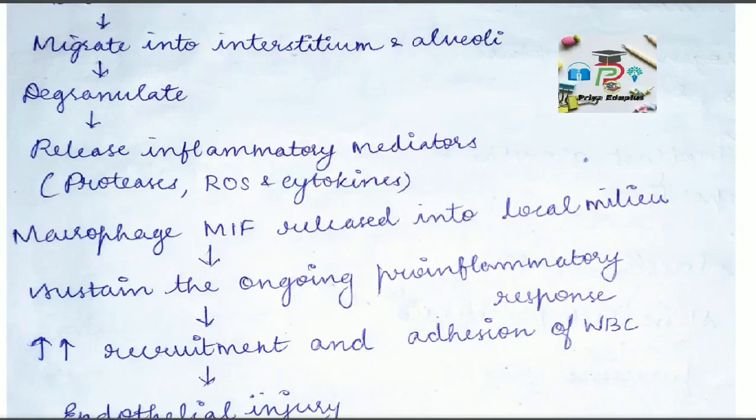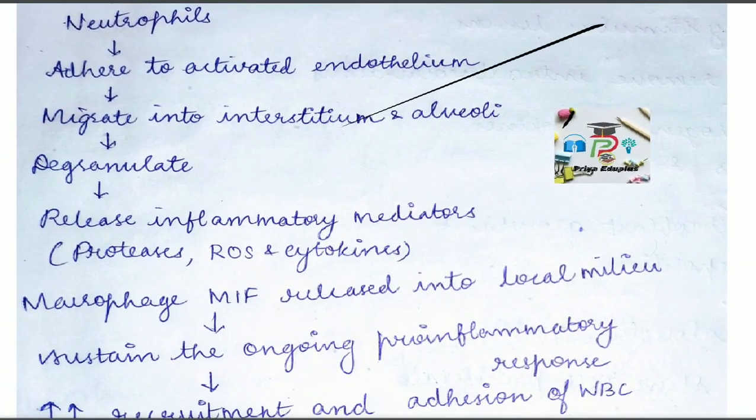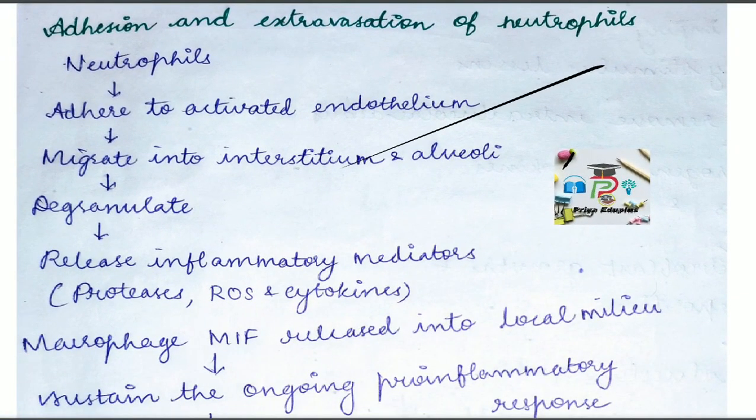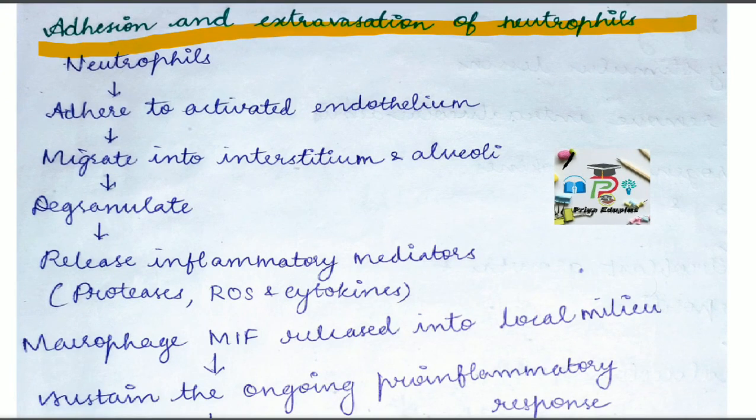Moving into the next one, which is adhesion and extravasation of neutrophils. Now the endothelium has got injured, and there will be swollen endothelial cells present. The endothelial cells have already got activated, and there is increased expression of adhesion molecules. Okay,